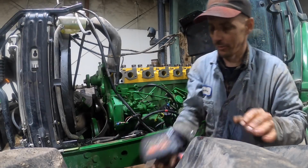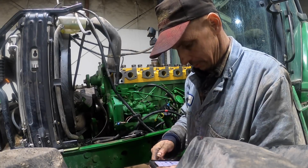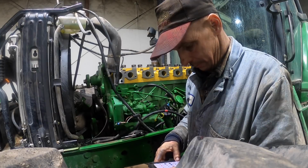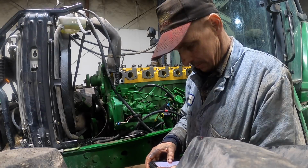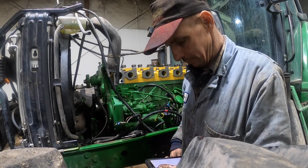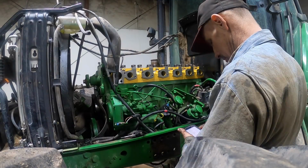Alright, I had the torque specs here on my phone on a file somewhere. See if I can find that. Where is that? Files. Where'd you go? There you are. Downloads. It's gonna be this one here. Alright, there's our cylinder head. Alright. Okay,